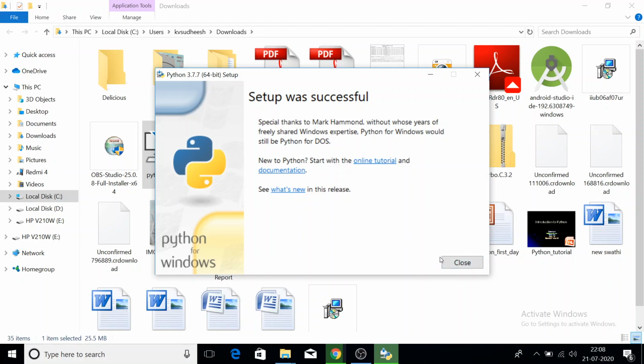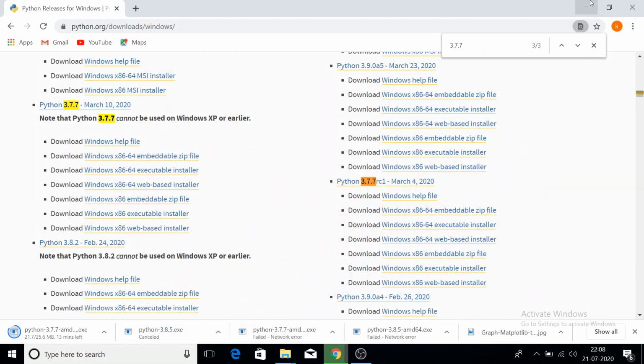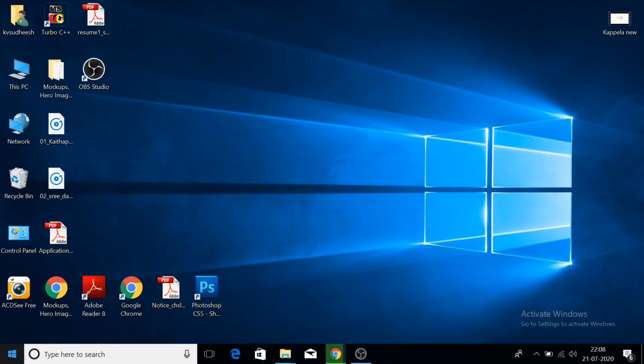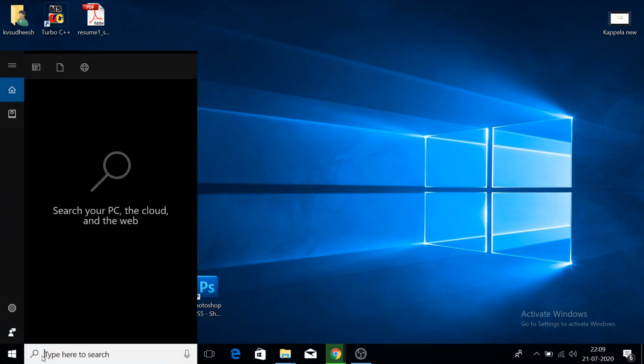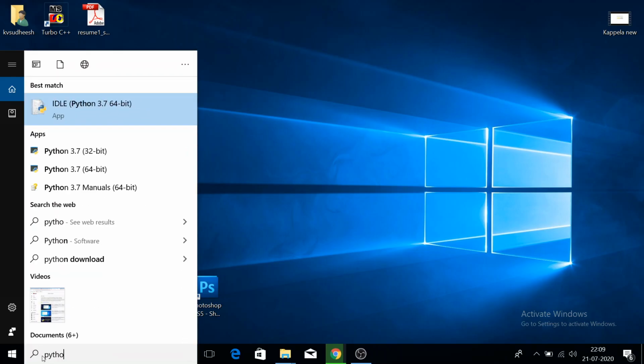Okay, clear? Okay, let me see whether it is in our system or not. For that, from your start or search option, check Python IDLE. Python IDLE. Yes.